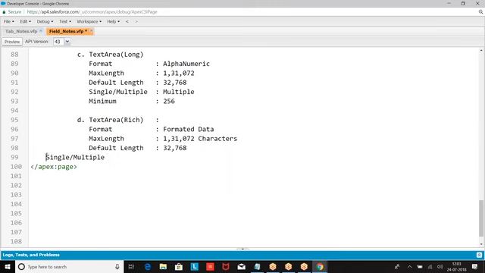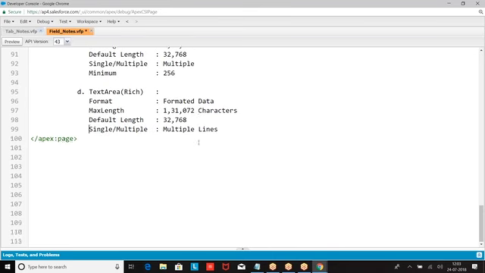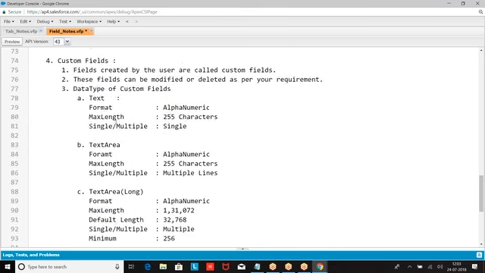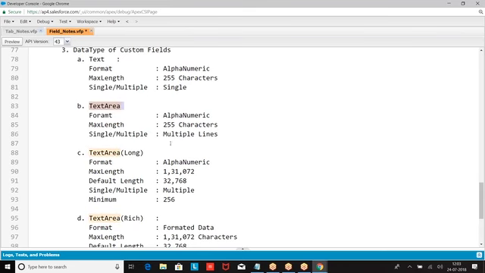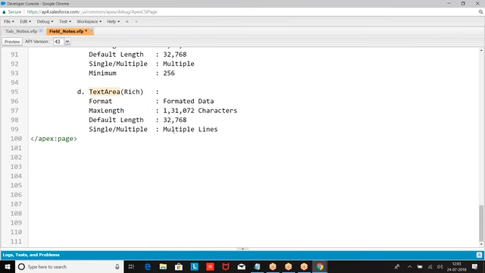It is multiple lines. So what was this? Text area, text area long, text area rich. Then we had